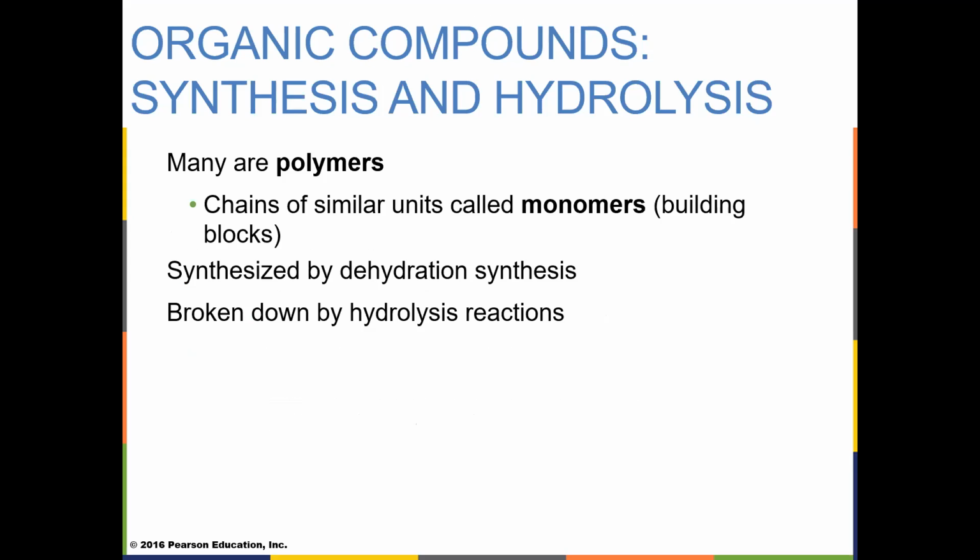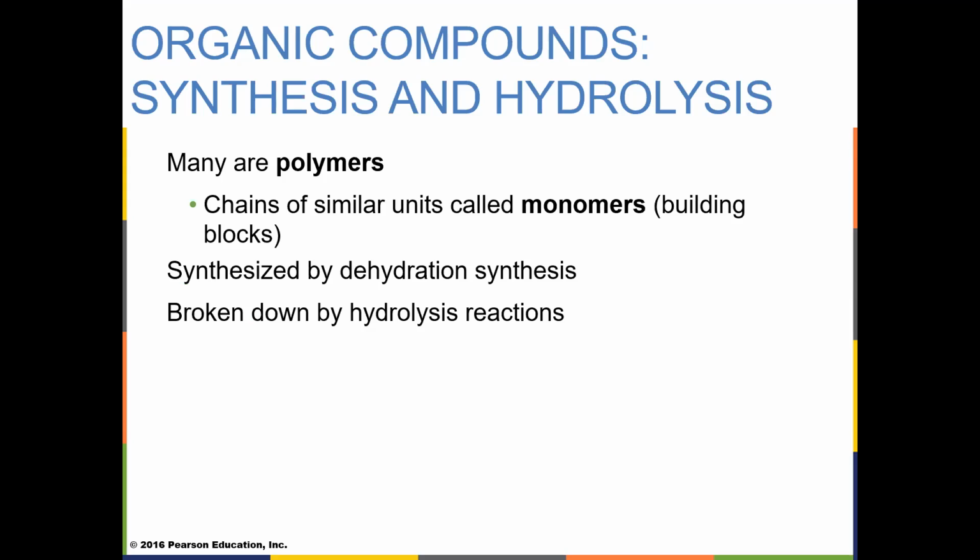Organic compounds are polymers. They are long chains of carbon atoms linked together through covalent bonding. The nucleic acids are extremely long chains. They're classic examples of a polymer. A DNA molecule, each molecule is about 6 feet long. Very, very long chain of carbon atoms linked together in a specific sequence.